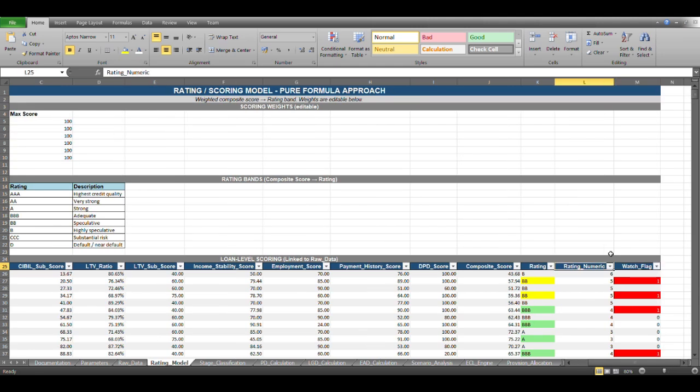And then I am allocating a numeric score as well, and I am putting a watch flag on these borrowers. So if the numeric rating is greater than 5, then I am putting them under the watch list. Otherwise I am not putting them under the watch list, right?